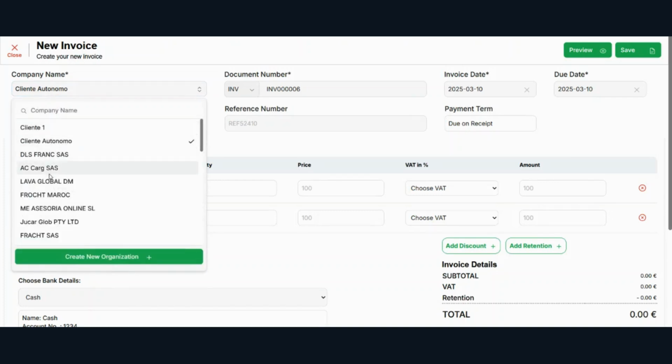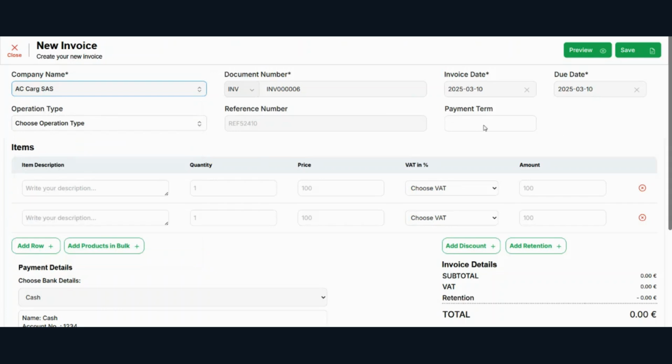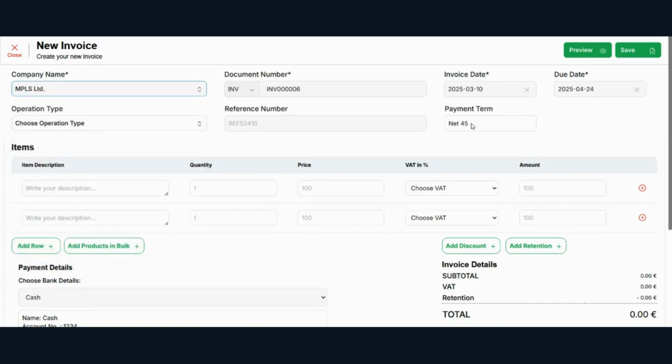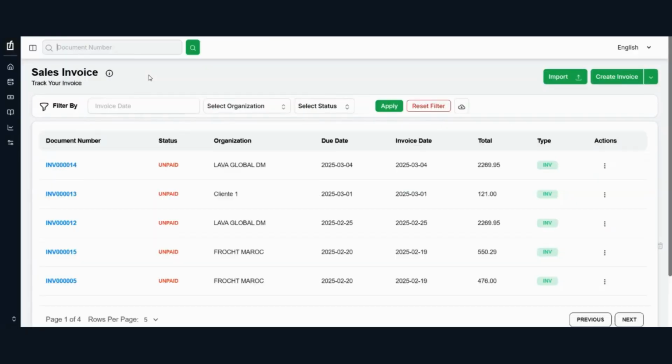Let me show you another. For this company, you did not set any payment term, so it is not clickable and not showing any here. And suppose I am selecting this one, here you chose Net 45. So this is all about payment terms. For the company where you chose a term, it will show here and it will not be clickable, and we can't edit it. If you did not add any payment term in your company, then it will not show here. So that's it about where you get this payment term.